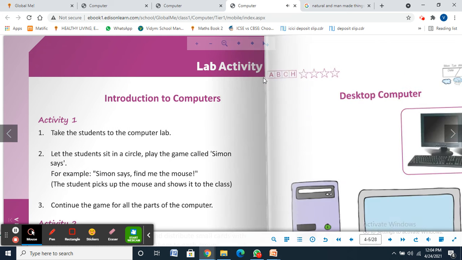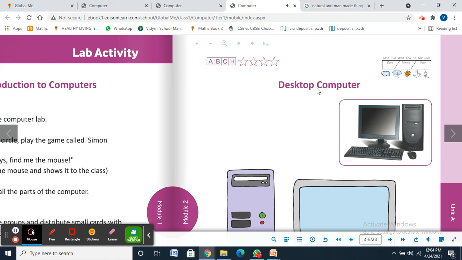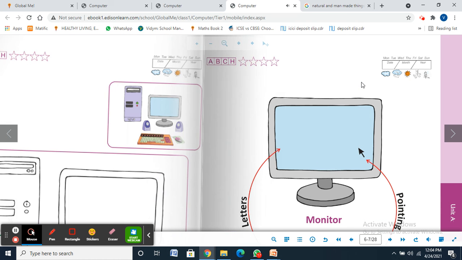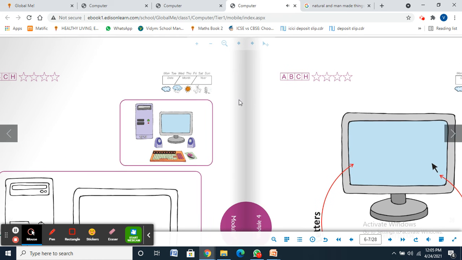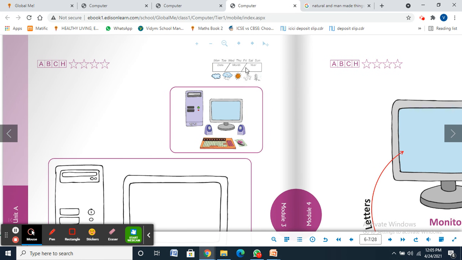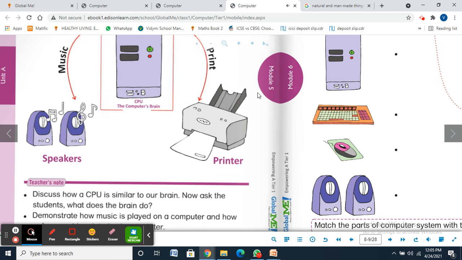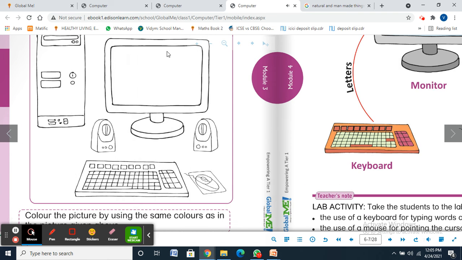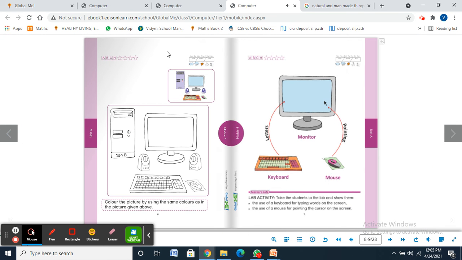You're going to mention the date, month, and year on page number 5 and on page number 6. Then you're going to mention the day and the weather. Getting this point? So complete your page number 5 and 6.